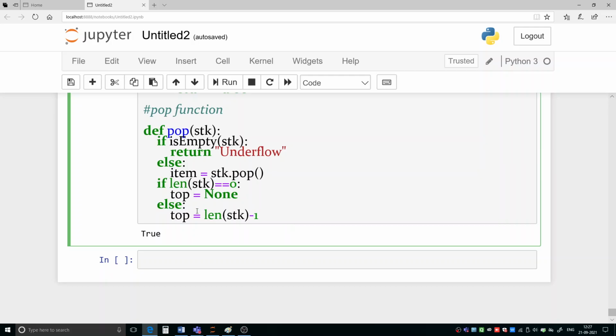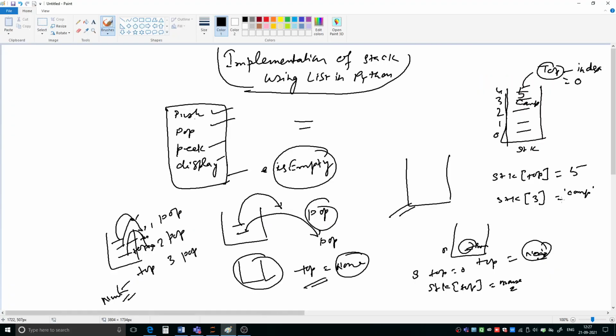So top will be equal to len(stk) minus 1, because if you are calculating the length of the stack, what will be the length? 1 2 3 4 5, but top is equal to 4.